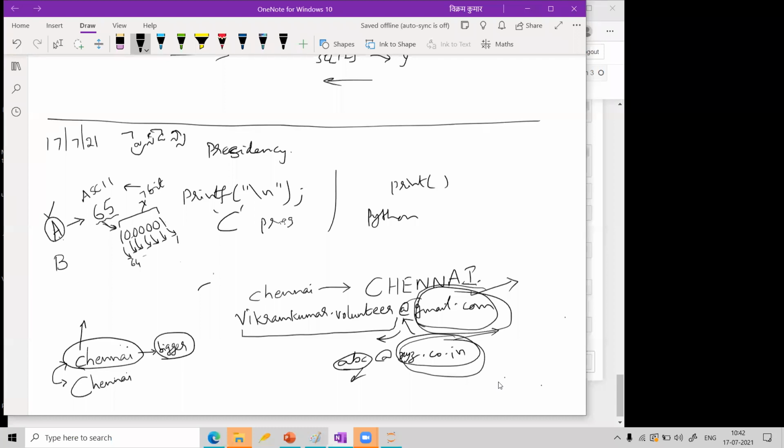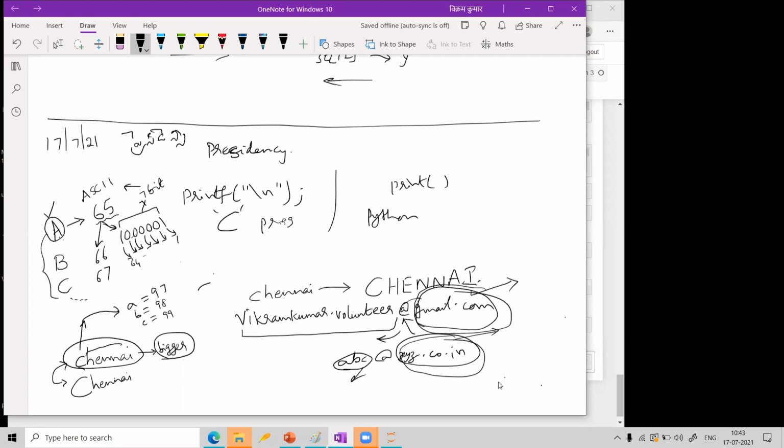Similarly, capital B is 66, capital C is 67, like that. These are all big ABC. Now for the small ABC, small a is equal to 97, small b is equal to 98, small c is equal to 99. So now you check.